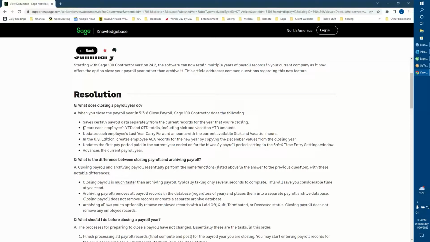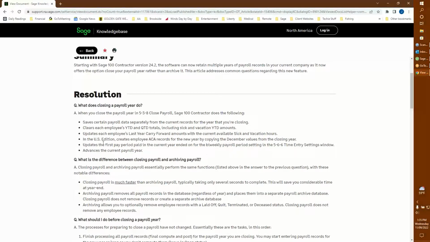Second thing it does, it goes through and clears everybody's year-to-date and quarter-to-date totals for various things, including sick and vacation. It updates the last year carry forward amounts with the current available sick and vacation hours, if you use that. It creates ACA records for the new year, if that's important to you.